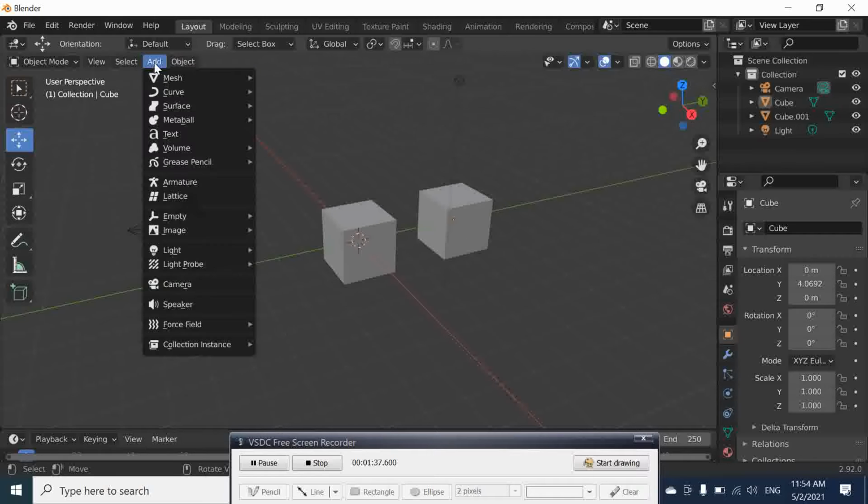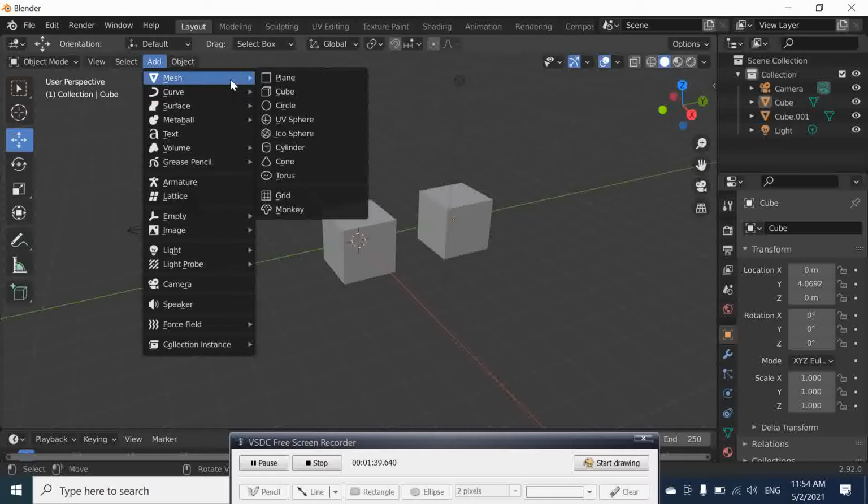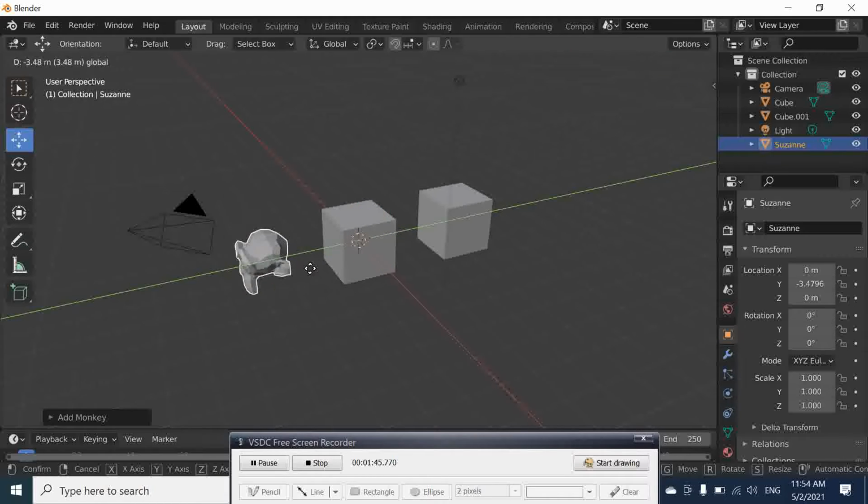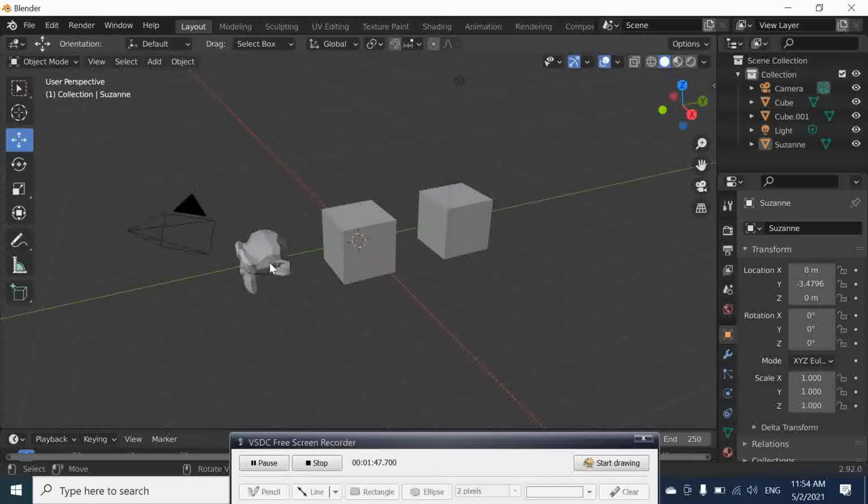We can also go here, same here, and add this monkey and move it back. Here you have our monkey head here. So that is it. Then after we have our objects here, we can delete them.